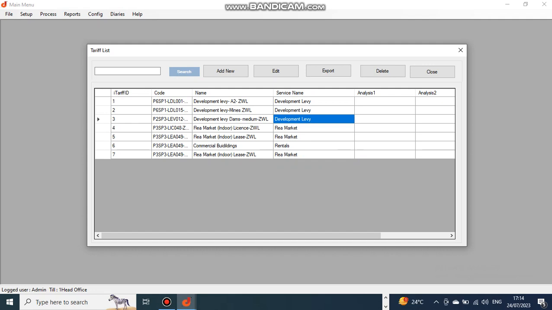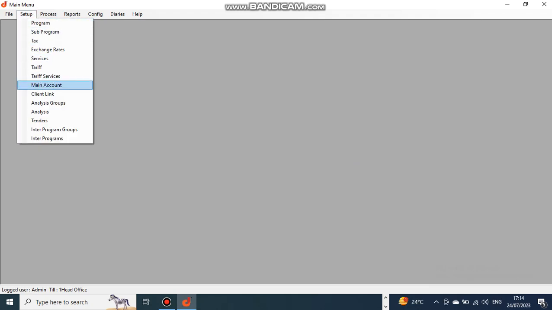The idea is to further break down and segment the collection efficiency at tariff level, at service level, at sub-program, at program level, and any other analysis that you might want to use to analyze the data. Then in main account,